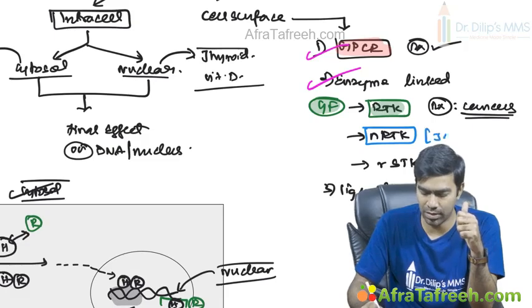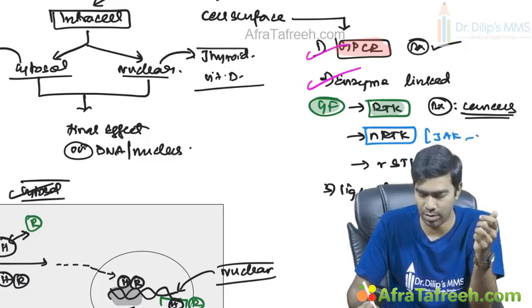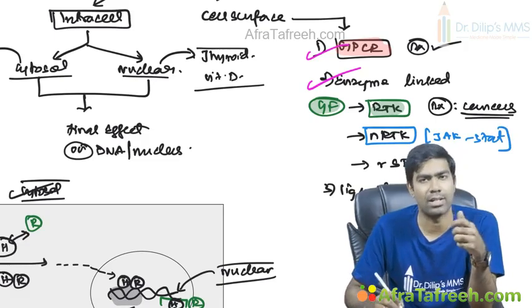from an external protein called a JAK protein, which is attached to the receptor. This is not part of the receptor itself. This is an external protein, a JAK protein, that is attached to the receptor. The tyrosine kinase activity is actually coming from the JAK protein. So that's the one difference between a receptor tyrosine kinase and a non-receptor tyrosine kinase. That's why this pathway is also called the JAK pathway, or the famous JAK-STAT pathway.